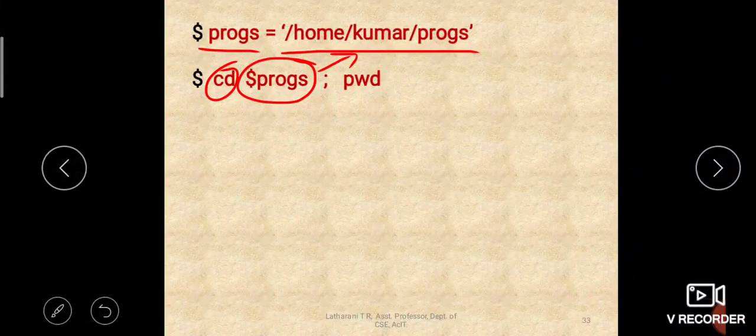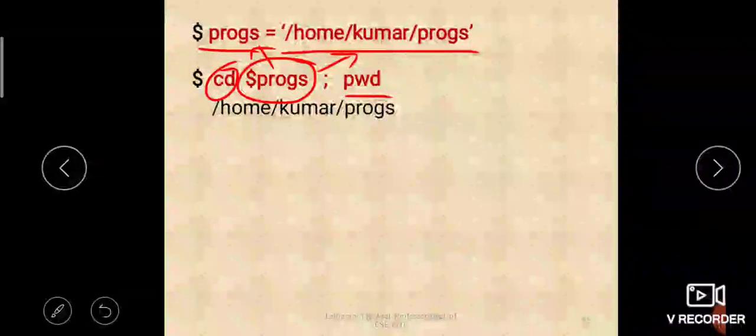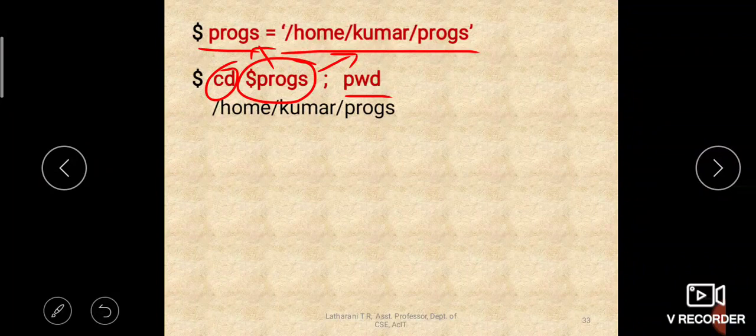So when you say cd $programs, the value of this variable is accessed, and our current directory will be changed to that directory. And when you say pwd, it will show you /home/kumar/programs, which is the changed directory.